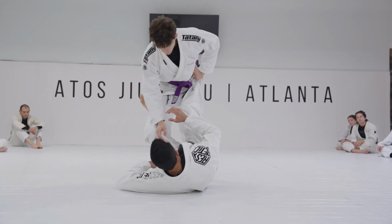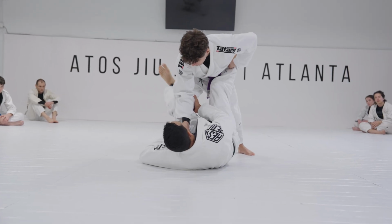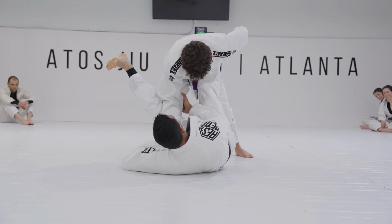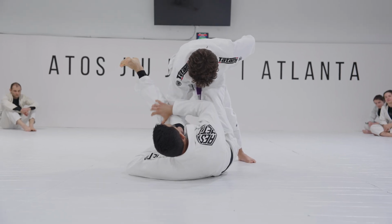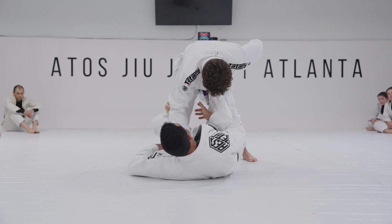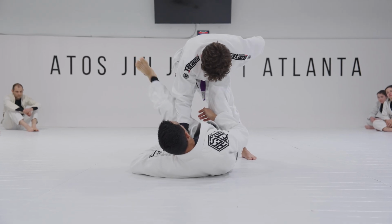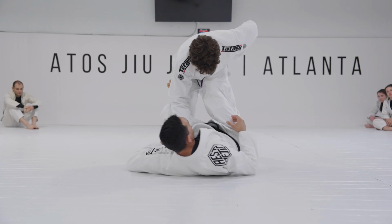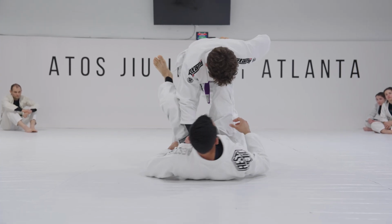So from here, if you guys can, try to find a nice de la Riva hook. If you have a hard time with the de la Riva hook, get a nice bind on the leg. So the most important thing is your knee, apply pressure against your partner's knee. Don't let your knee down like this, okay? Your knee has to be working against your partner's leg. So this leg here, I have to be hooking,